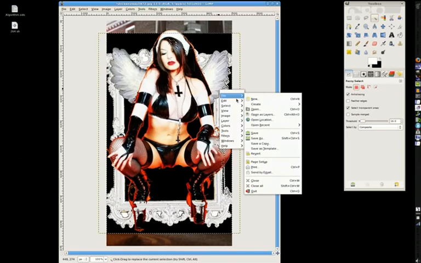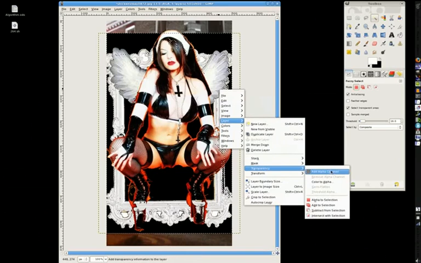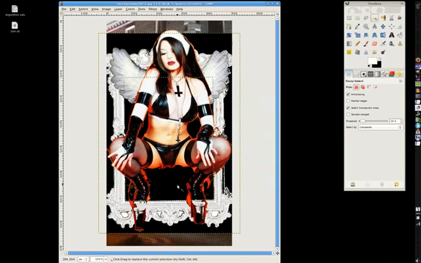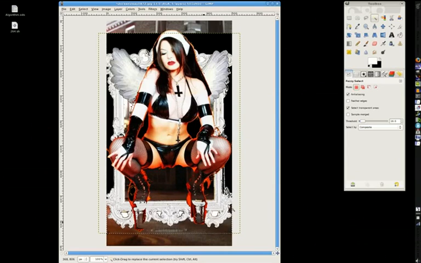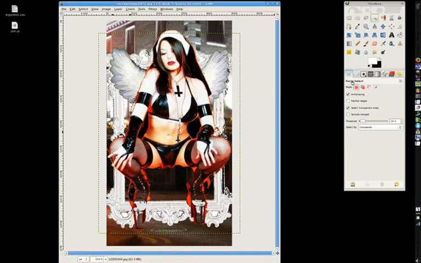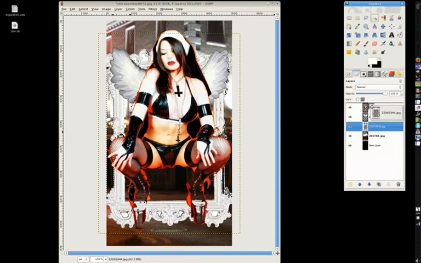Right click on it, Layer, Transparency, Add Alpha Channel. Now click inside the middle, click on the outside, click on the side, click on the top, click on this side, and we removed all that. Click back on the layer